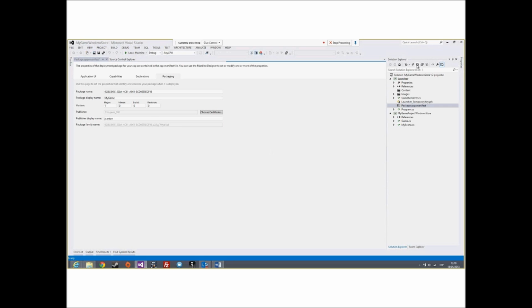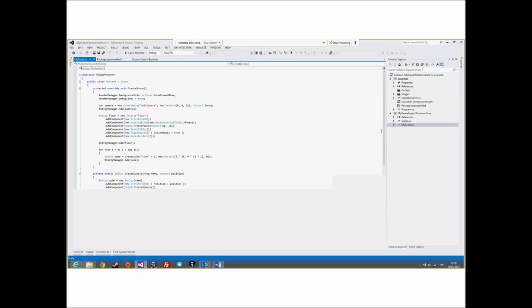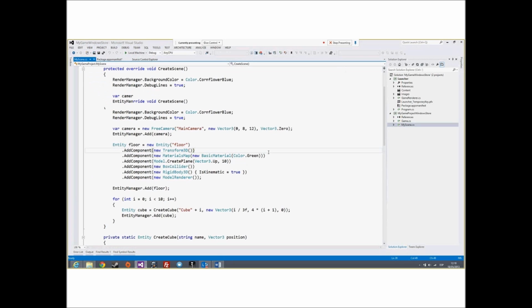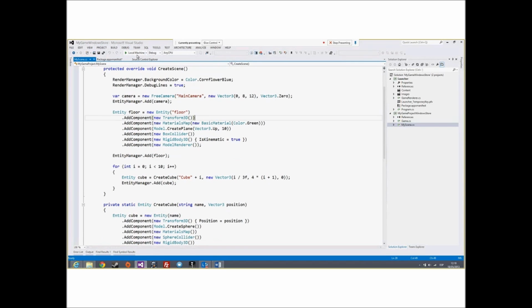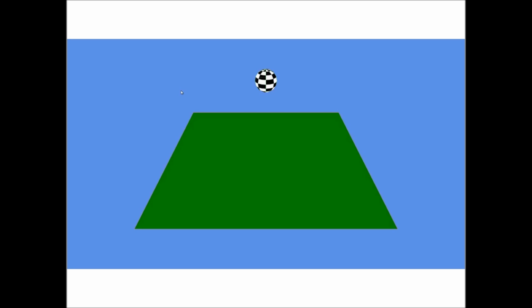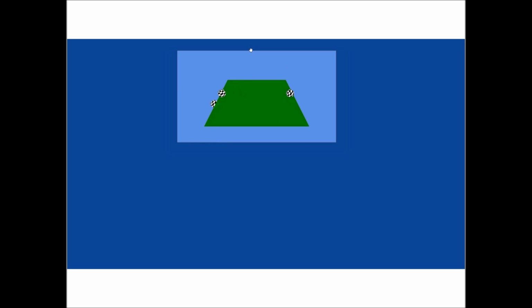And okay, in the other project, you can see our code. Okay, same code, and only with that, if we run it on Windows Store, we can see the same project running on Windows Store.